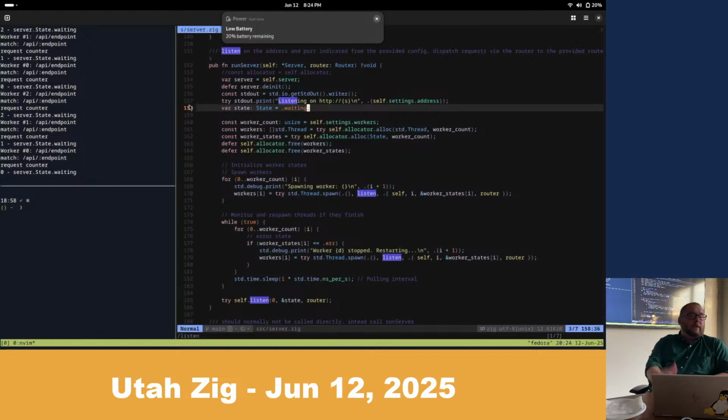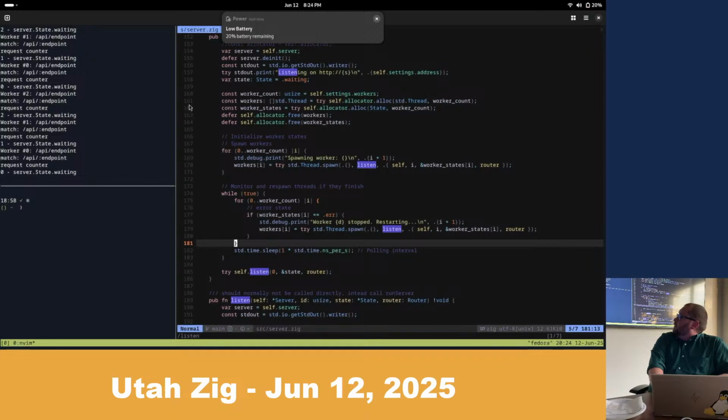So before the thread kills itself on an error, it will tell the master worker that it needs to be respawned. And luckily, spawning threads in Zig is super simple. And if you were doing a more complicated setup, there are more complicated strategies for message passing. Like if there was some reason that the different workers needed to pass threads to each other rather than just some main thread listening to the status, you would not want to use that setup. But if all you care about is detecting what the workers are doing, then this works just fine, I would argue.